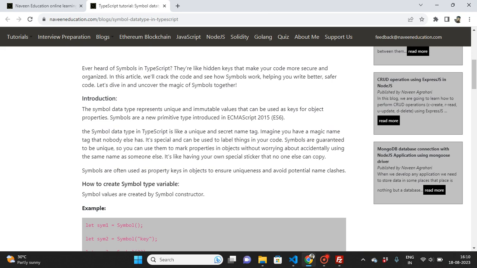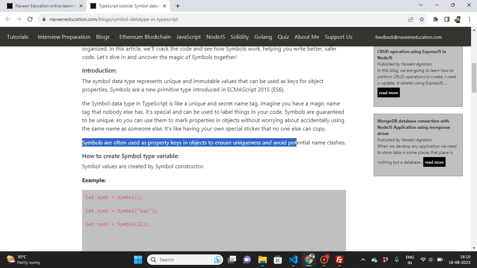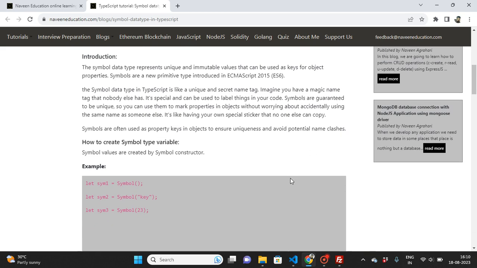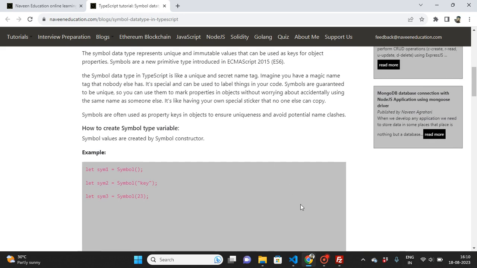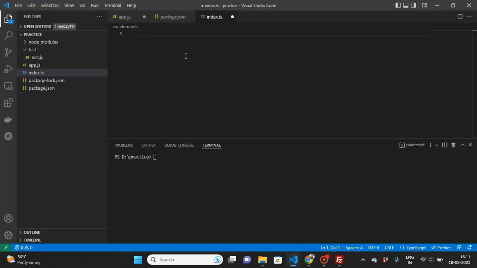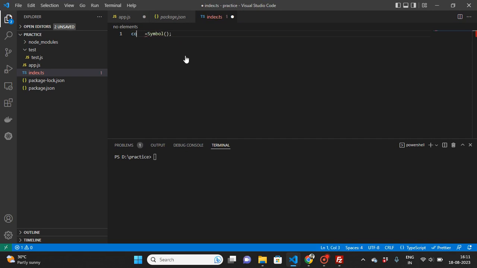Immutable means you cannot modify that symbol, right? We will see it with an example. Symbols are often used as property keys in objects to ensure uniqueness and avoid potential name clashes, right? So let's see how to create a symbol type variable. Let's see how we can create one using the Symbol constructor. For example, this is symbol1. So we created symbol1,